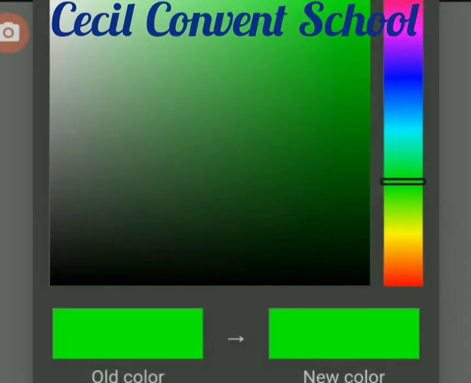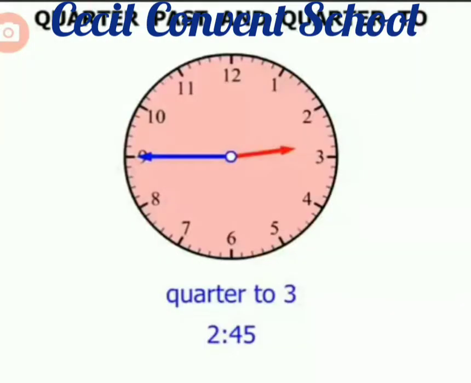Clear? Now see this time. Here also the small hand is between 2 and 3. So how do we write the time? We will write 2, because we always take the smaller number when we write in numbers. Clear? So we write 2 after that colon. Now see the bigger hand. The biggest hand is on 9. So what do we do now? We will multiply 9 by 5, because there are a total of 60 divisions. If it is on 9, it has covered 45 minutes. 9 into 5 is equal to 45 minutes, because one number is equal to 5 divisions. Clear this thing? So 2:45 comes.